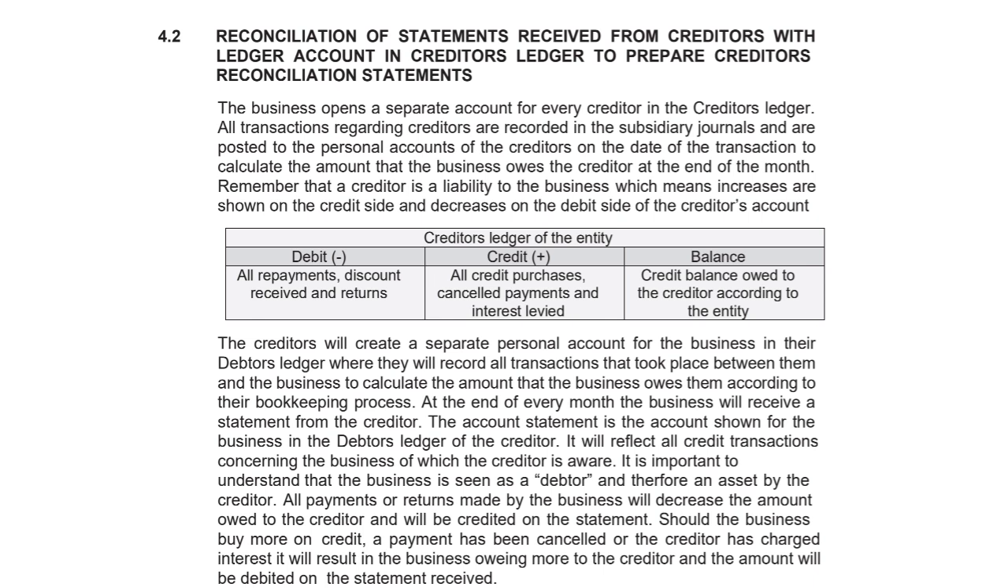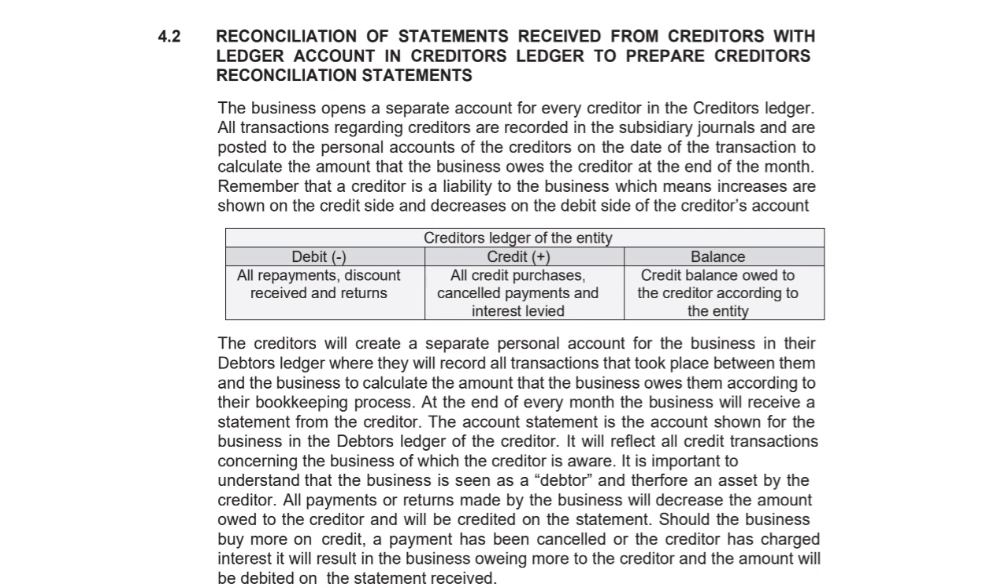So in the creditors ledger of the entity, you minus on the debit side, that will be all repayments, discount received and returns. You add on the credit side, that is more additional credit purchases, payments that have been cancelled, or if we are levied with interest for paying late, and then our balance, the credit balance owed to the creditor according